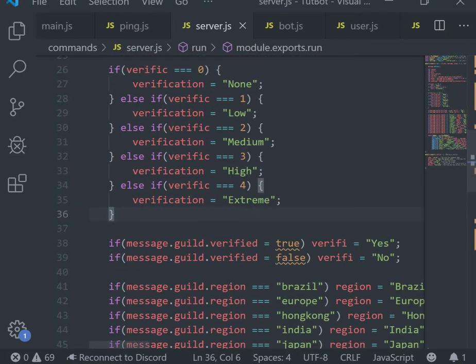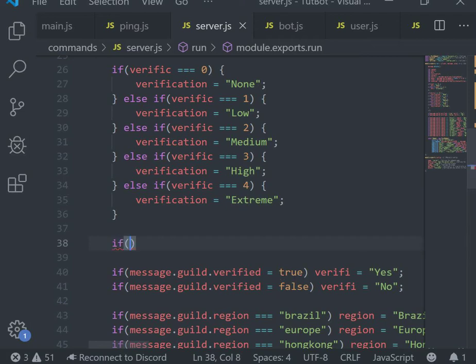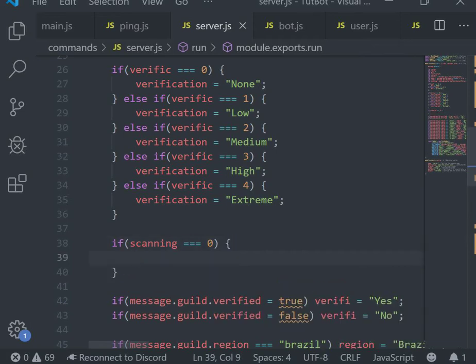Then what we want to do is, if scanning is equal to 0, content is doesn't scan messages, else if scanning is 1,